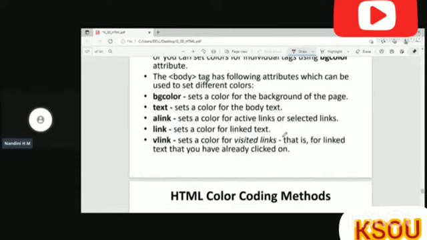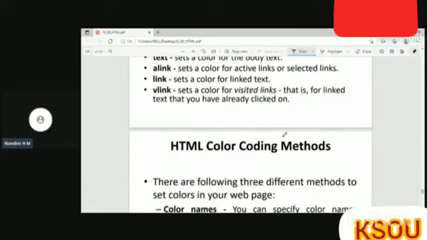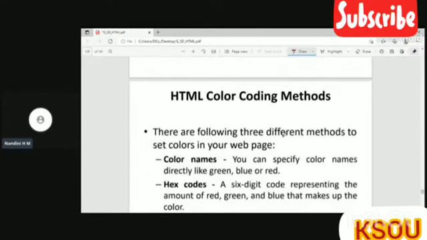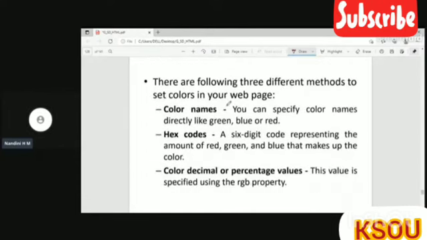We can set different colors for the background color. We can set color to the text, and even we can set colors to active link, visited link, and the linked text, etc. So there are different color coding methods: one is color names, another one is hexadecimal code, and another one is decimal representation.